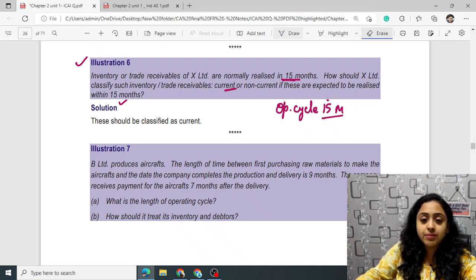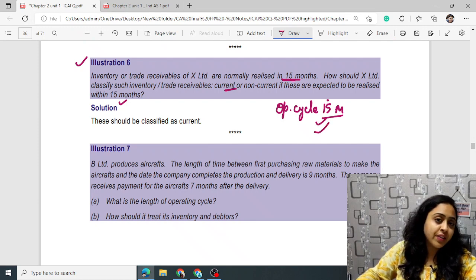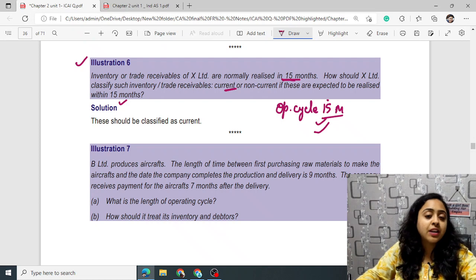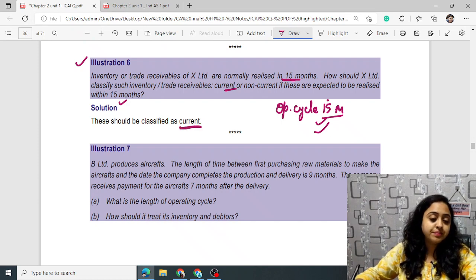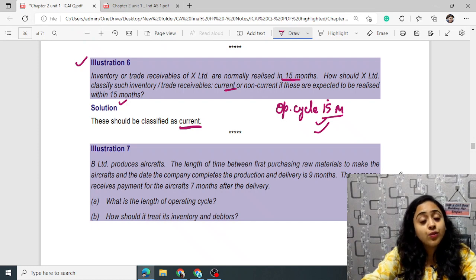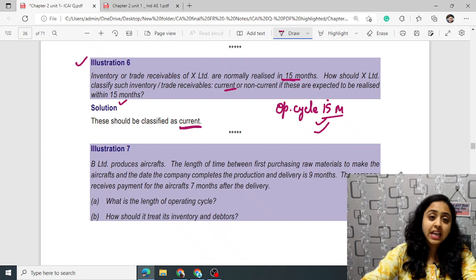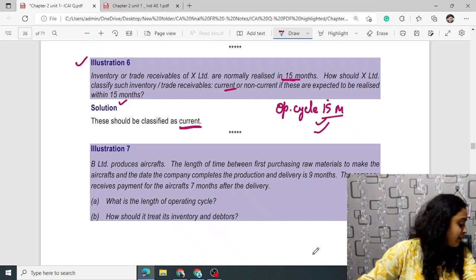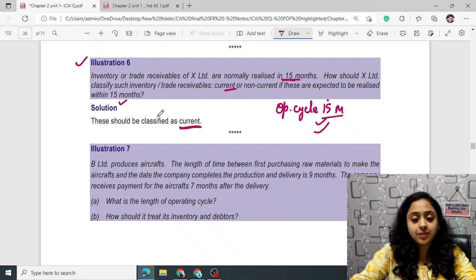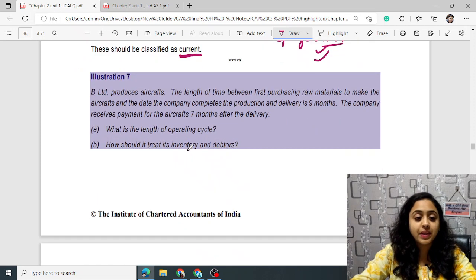If you are realizing a particular inventory or trade receivable, you are encashing a particular asset within 15 months, then it is always current. And if no operating cycle is given, then you have to assume it as 12 months, even when you are applying the same Ind AS to your practical financial statements. Next, Ind AS 7,